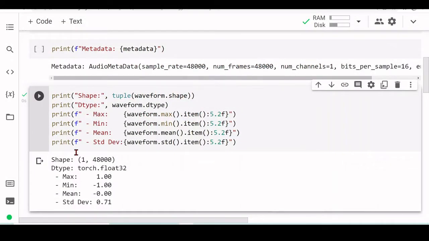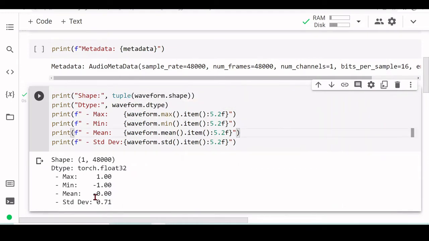In this block of code here, we are printing some information about our waveform PyTorch tensor. So we already seen print, we already seen the f strings and string formatting. One interesting thing here is that we are using now this width here to have our numbers all nicely aligned. So if you see here, after the standard deviation, there is no space, but we are setting the width of 5. So we have here 1, 2, 3, 4, 5, and we are setting this to all of the